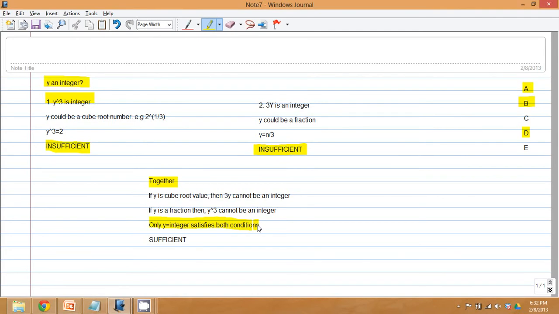You would get y cube and 3y to be an integer only if y is an integer. So since we know for sure that both these conditions will be satisfied only in case y is an integer, when taken together, these two statements are sufficient. So E is definitely not the answer, because E says that whether you take the options together or you don't consider them together, the answer is never going to be sufficient. Both the options are never going to be sufficient individually or when taken together. So the only answer that can fit this particular question is